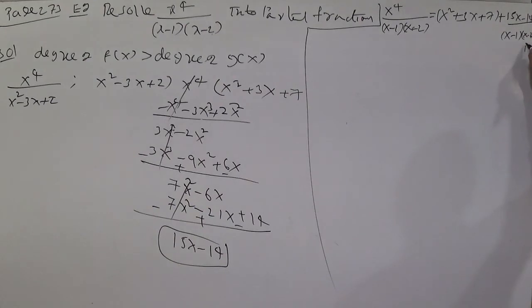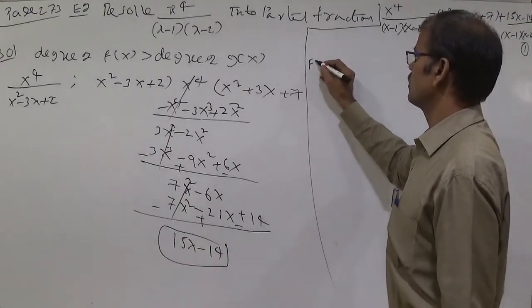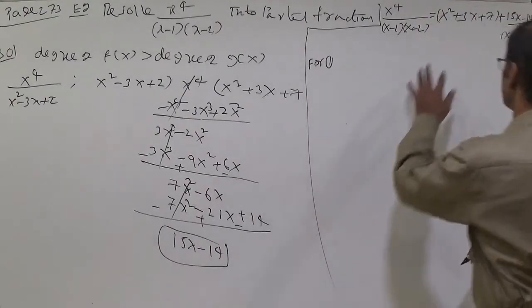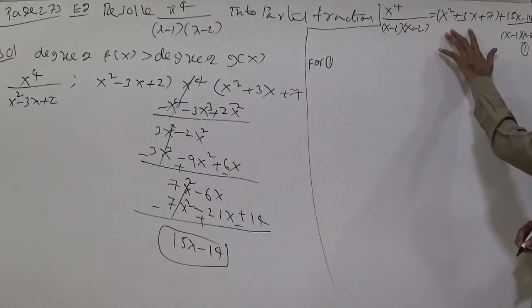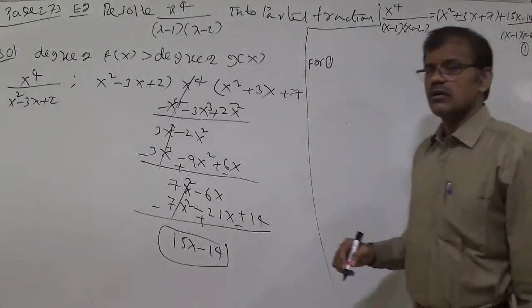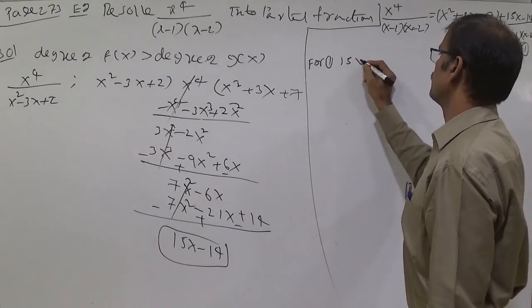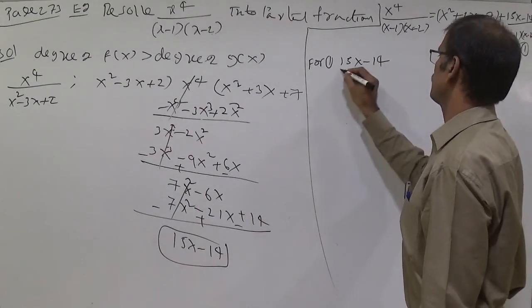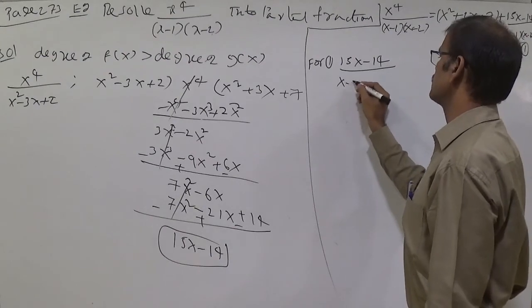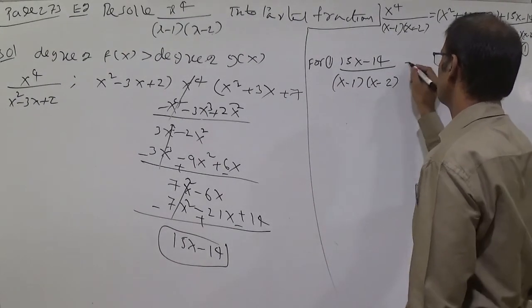Let it be the first equation. For the polynomial there is no need to calculate partial fractions, because it is a polynomial and there will be no fractions. For the remaining part, 15x minus 14 by x minus 1 into x minus 2,